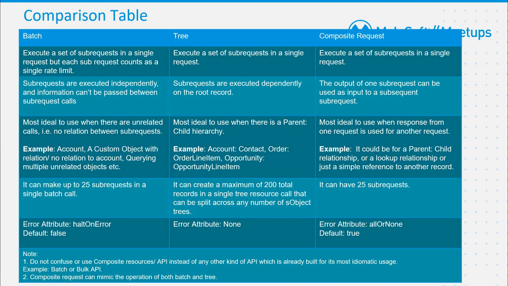And for composite request, the most ideal use is when the response from one request is used for another request, right? Like we saw in the demo, we created one parent first. Let's not talk about the parent. We created an account and we used that particular ID from the response to create another contact. And we could have created one parent account and just a simple account, right? So